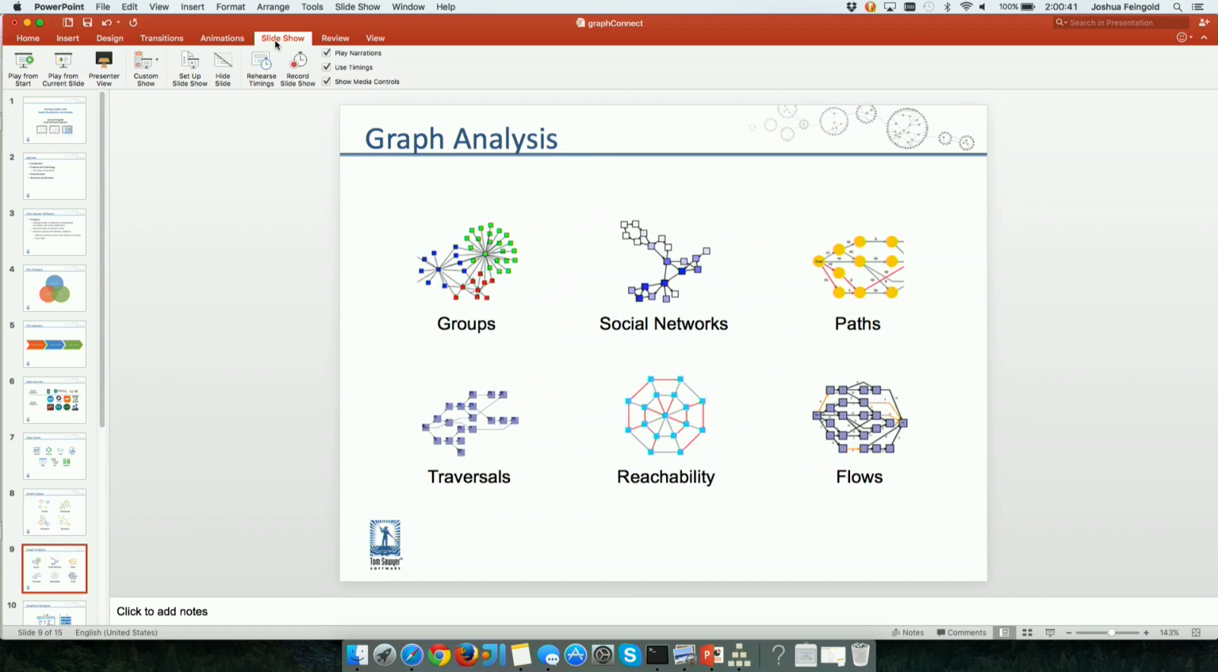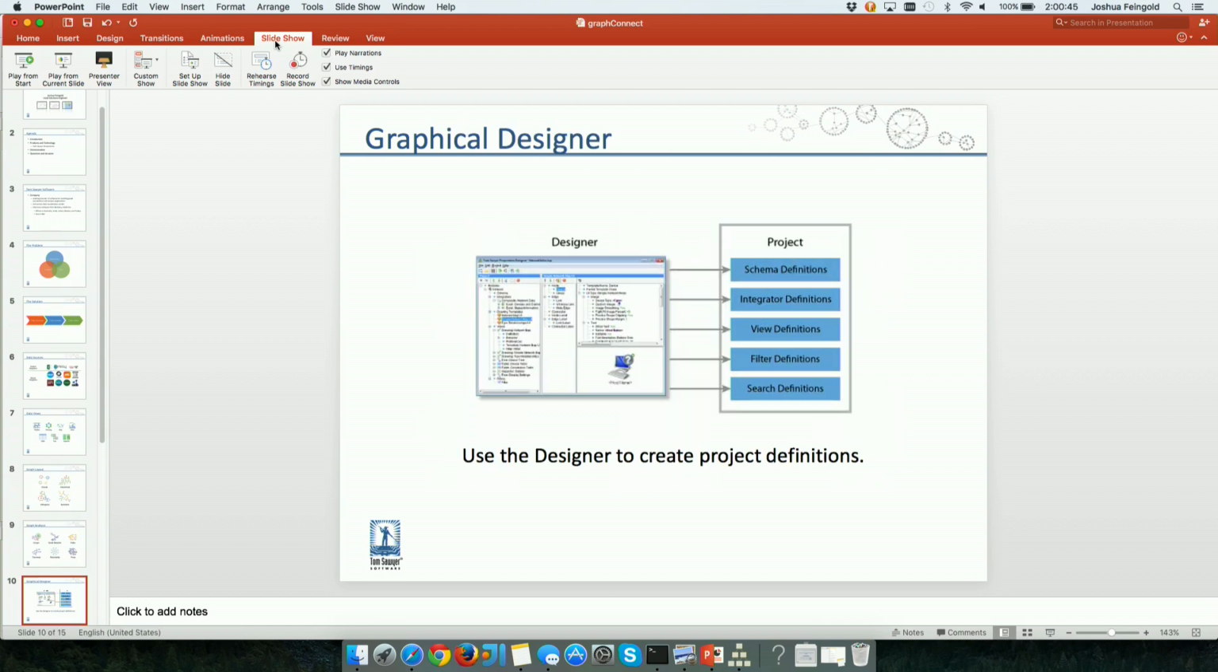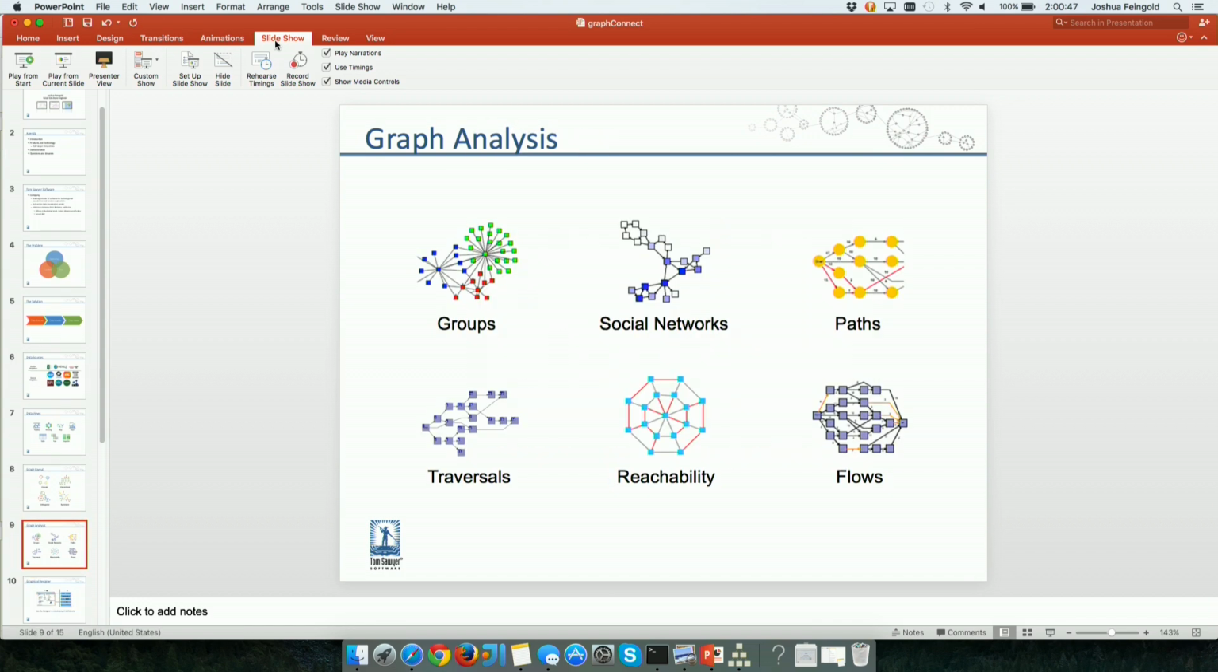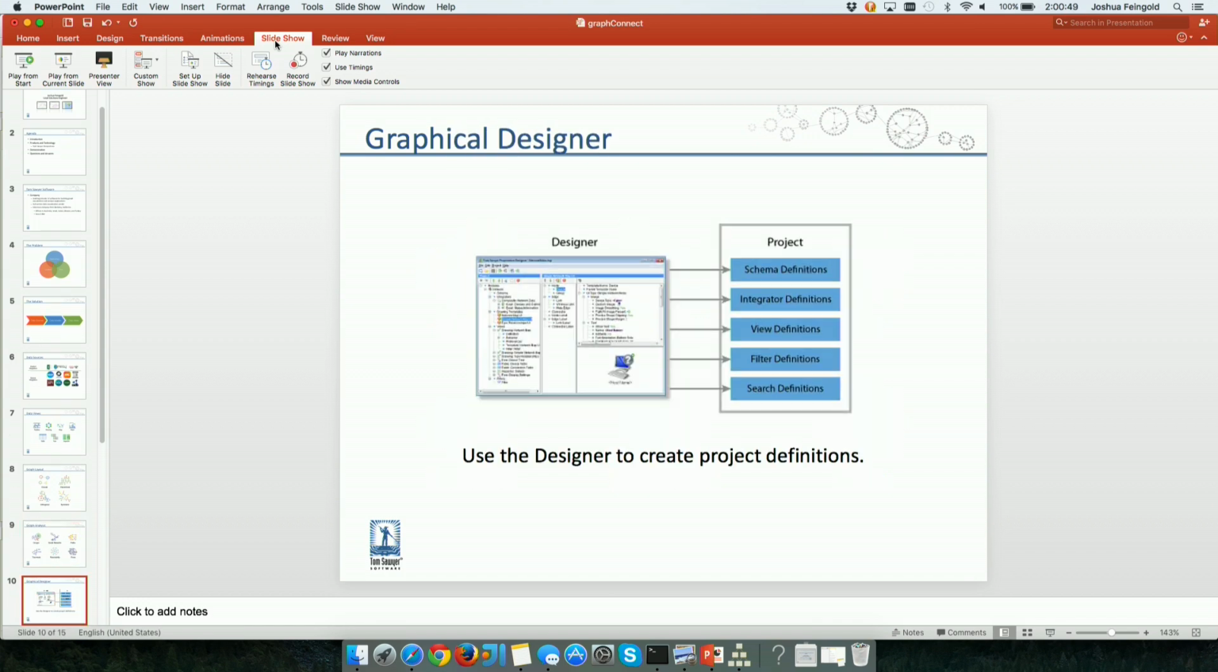And so we also provide graph analysis. Depending on what type of analysis you're interested in, we can show you how that works, and we have a whole variety of them. And really where Tom Sawyer Perspectives gets interesting is that we provide a graphical designer that allows you to go